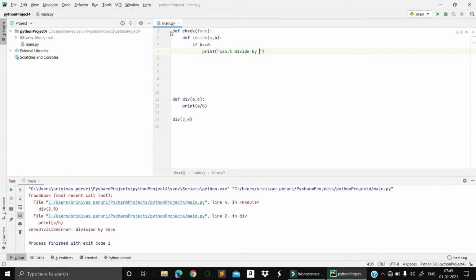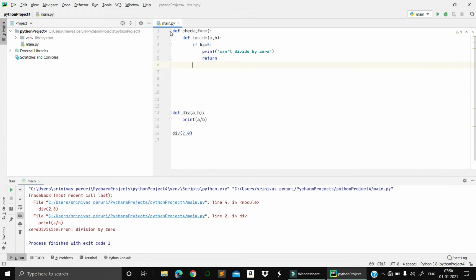"can't divide by 0". If you are writing it in one place, you are able to tell this is 0, this is not 0. But when you write this code in one file and extract it from another file, in such a case you need to have this ability, right? Then I just want to return the function.